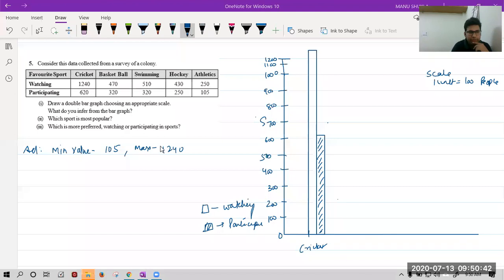Sir, if we take 200, we will not make 105. You can make 105, Tushita, but it will be tough for you. Sir, the first bar can also be colored, but I have told you, it's your choice. You can color it, you can leave it uncolored, whatever you want. But in a double bar graph there should be some difference. One is shaded, one is unshaded. One is colored, the other is uncolored. Like that you can do. Sir, if we have 5 least and 100 max, so in that case no kink, no need, don't go for that, leave it. Okay, no need of it.